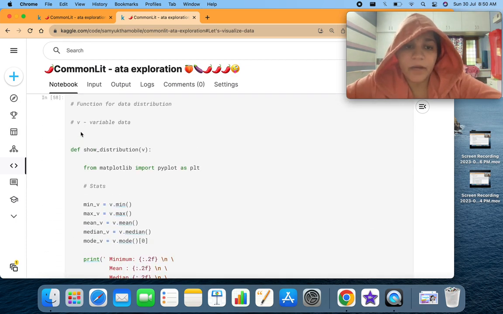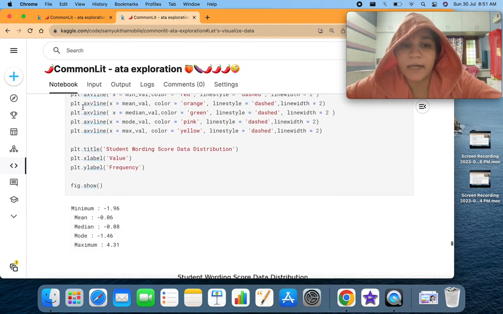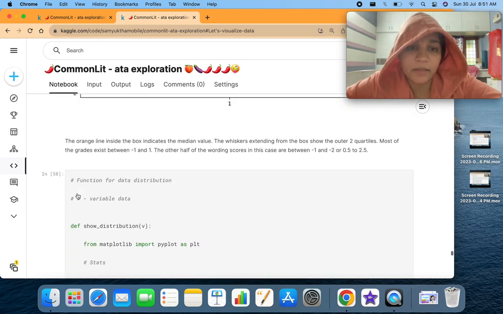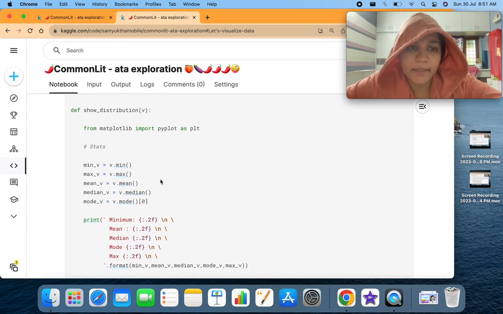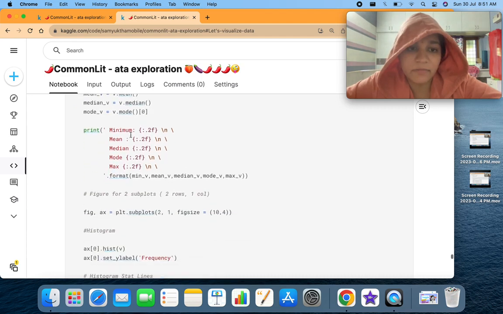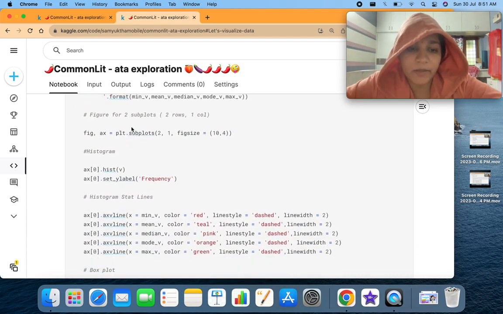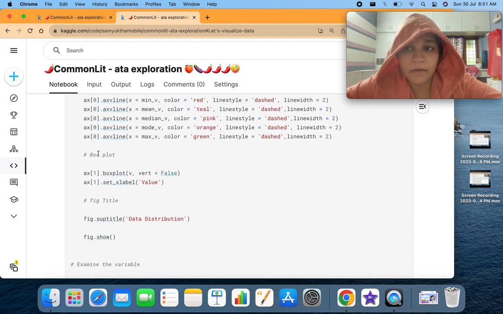And I wanted to write a data distribution function after going through all these graphs. If I give it the column value, the function shows the data distribution. It displays the mean, maximum, median, and mode for a particular column, and also displays histogram statistical lines. It plots the histogram, setting the y label to frequency, and the histogram is plotted based upon the frequency values. And we are also doing a box plot,